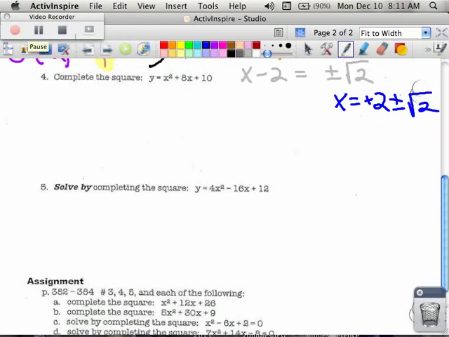Okay, number 4 in completing the square, this is usually why you'd want to complete the square. You have some kind of quadratic equation, y equals kind of quadratic equation, and what you want to do is put it in vertex form so you can graph your parabola easily. And in this one, same thing as usual, except you have y equals. I know it's an equation, but we're not actually